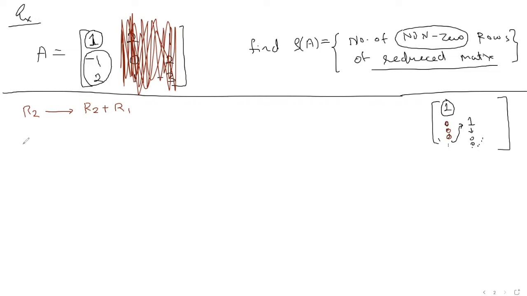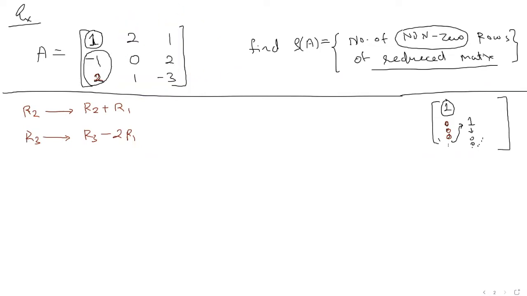We want to get everything below that 1 as 0. That's what we're doing. And to make this 2 a 0, utilize this 1. So how do you do that? Row 3, because 2 is in the third row, is row 3 minus 2 times row 1. That operation we will have to perform. But when you're performing the operation, understand we are performing it on the entire row, so even this part will get affected. We are just not looking at it while deciding these operations. So now let us perform these operations and see what we get.